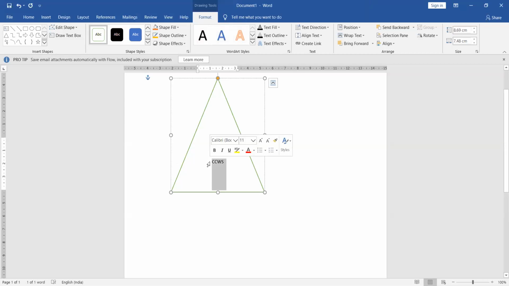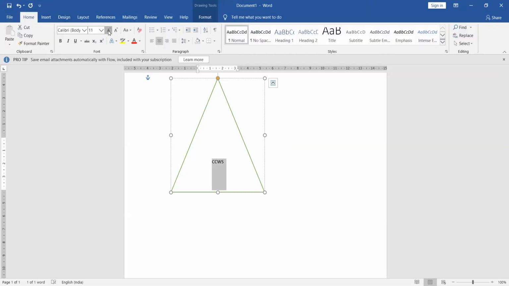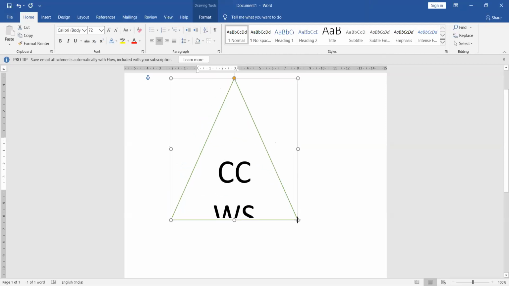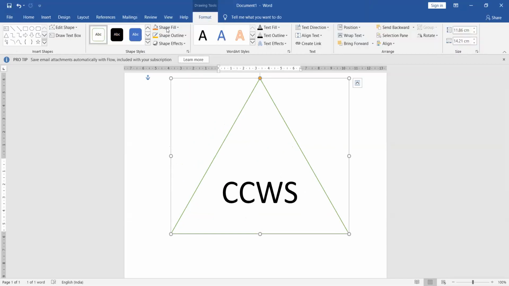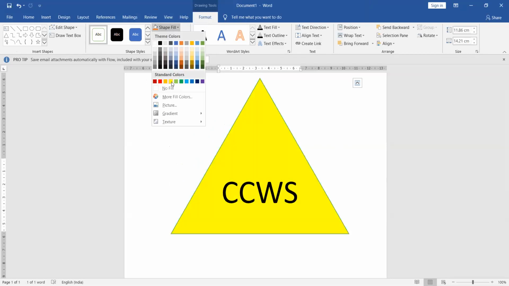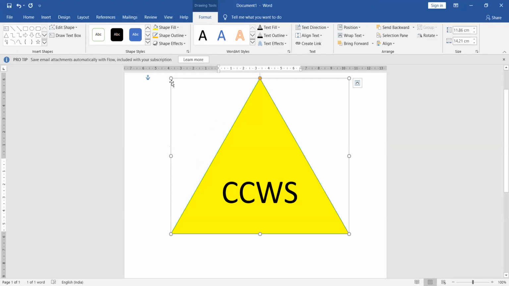Like I'll select it, and then suppose I have to make it enlarge, then I'm going to use these things only. Okay. So then now I'll change the size of this shape also, and then it will be applied. Right. Now again, coming to this format tab, I'll click on shape fill. I can again fill it like this. All right. So in this way, once you have applied one type of style, if you are not okay with it, you can change it.